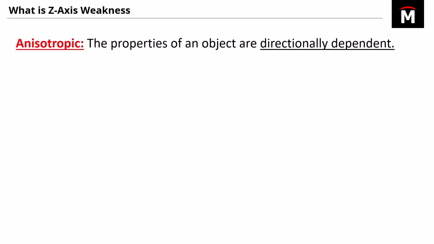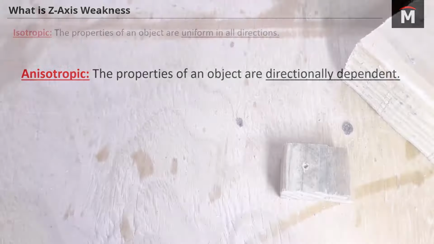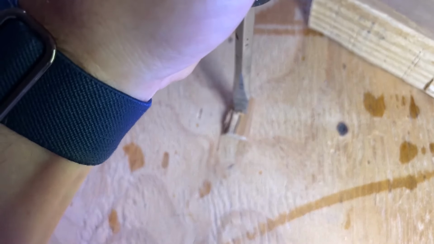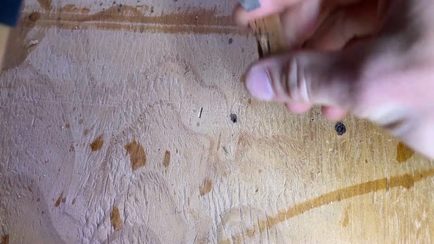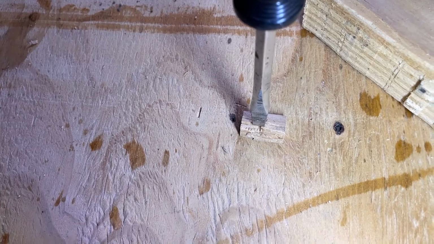The scientific term to describe this characteristic is anisotropic, and it means that the properties of an object are directionally dependent. And a super common and natural example of this is with wood, where the strength changes significantly depending on where the grain of the wood is. So a quick visual for this: if I hammer against this little chip of wood within the grain and kind of distribute it across the grain, it'll be really strong. But if I try to split it between the grains, it'll break right apart because it's not as strong in